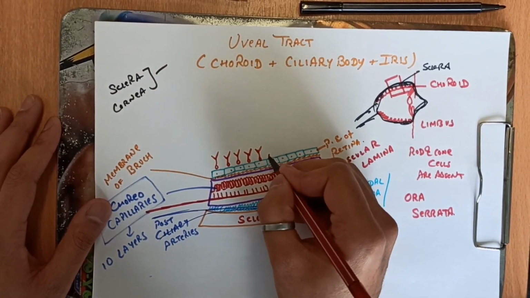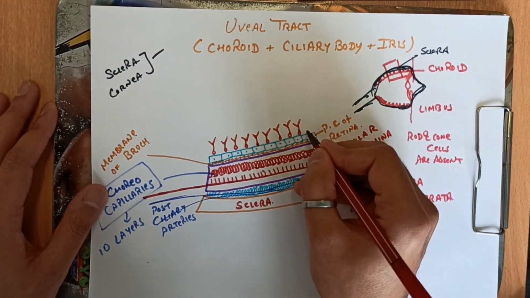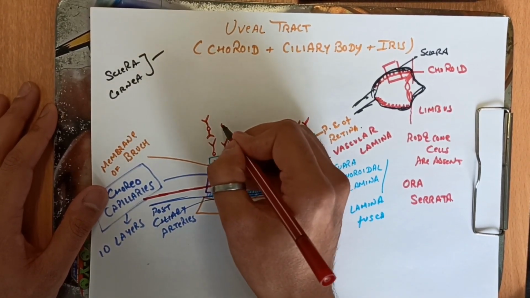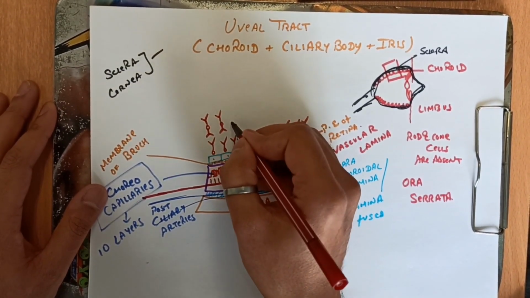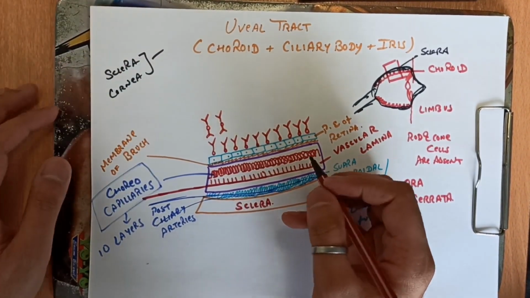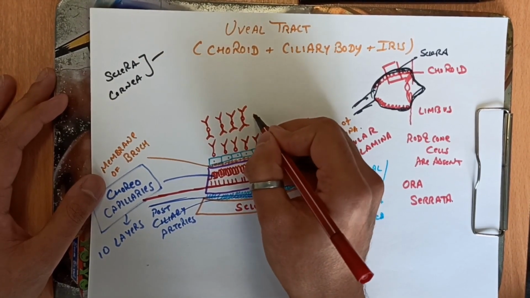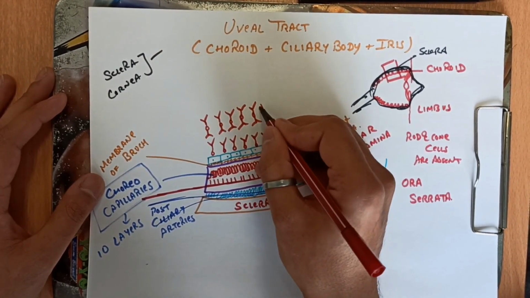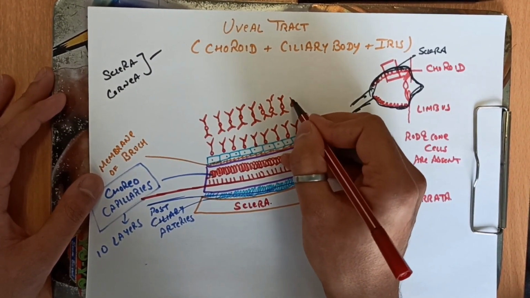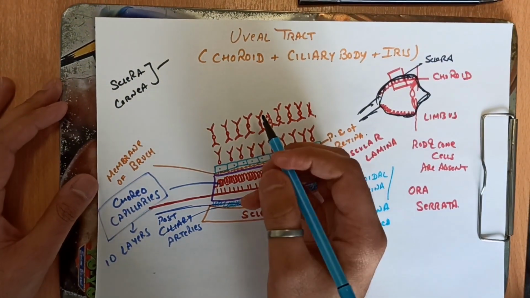These are the rod and cone cells. Here are the bipolar cells. The choroid has ended up to this portion. I am just telling you for further knowledge because the next videos will be on the retina and the layers of the retina. So these all are the bipolar cells. Now the last layer is the ganglionic cells.